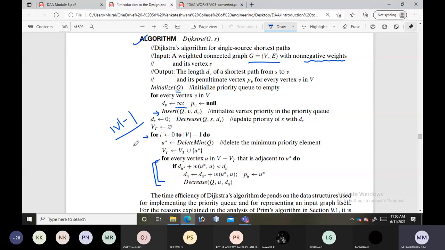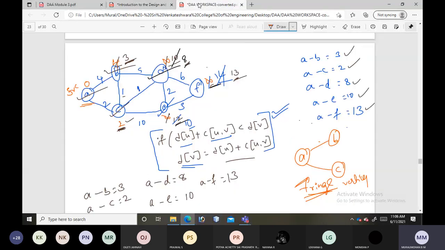Here is the same procedure that we were doing. First we select the source vertex, then we first initialize the weights of each vertex to infinity. Then we find the fringe vertices, then we update the weights of those particular fringe vertices, right? In the algorithm a priority queue is used to maintain these fringe vertices, right? All right, so this is with respect to Dijkstra's algorithm.